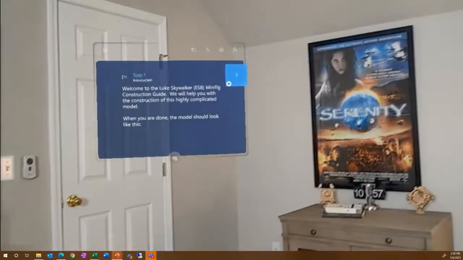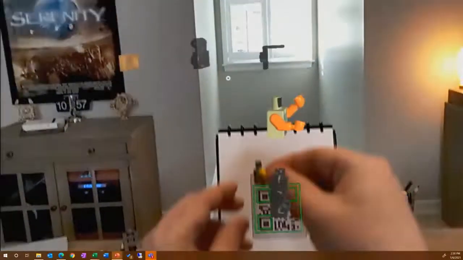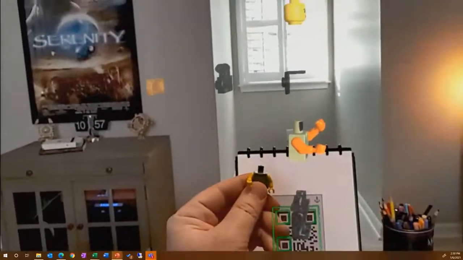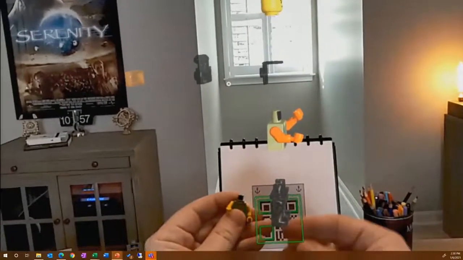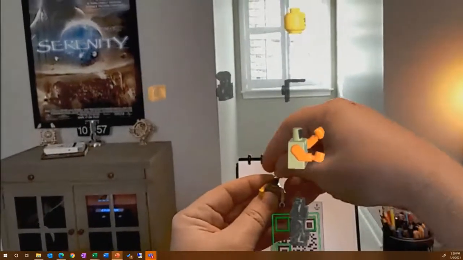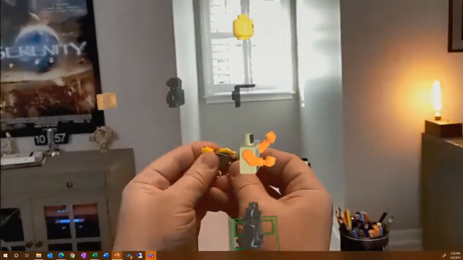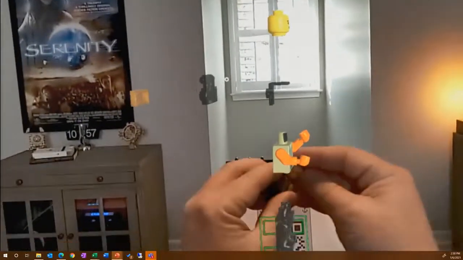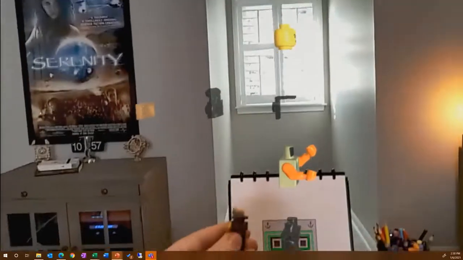Now I can move from step to step, and I'm going to move to the next instructions, and I can see all of the items. So now I've got my minifigure, and I could go through those instructions and actually build it or assemble it based off the instructions that I had. So I can go around, I can put the head on the right way, I can put the feet on. I've already put on the backpack, and I think the only part that's left is to add his tank here. And then I put the tank on the back.